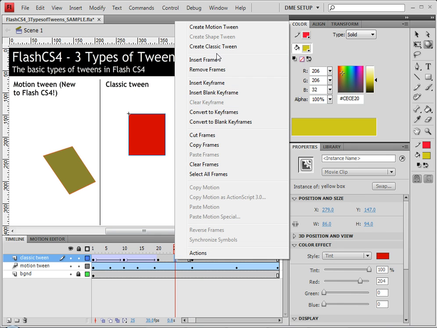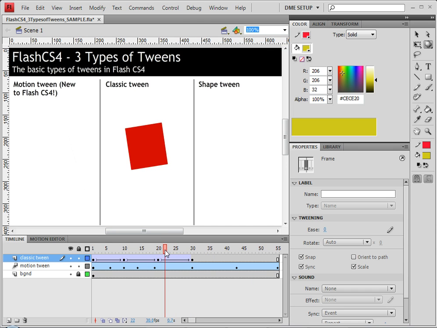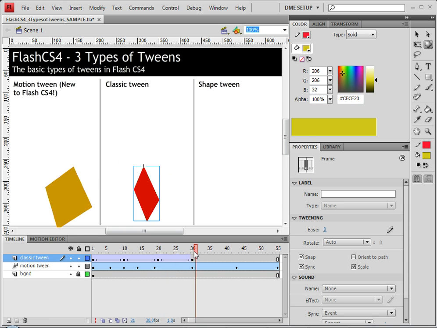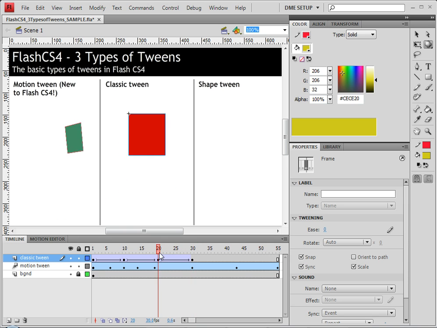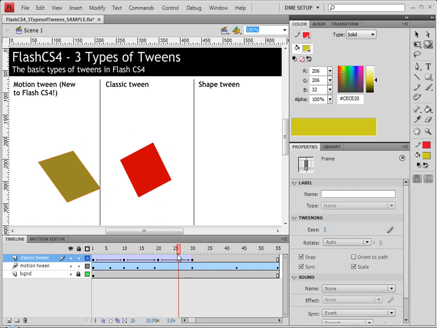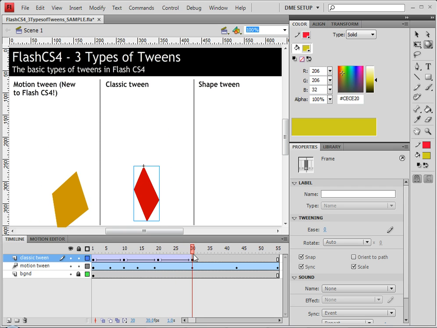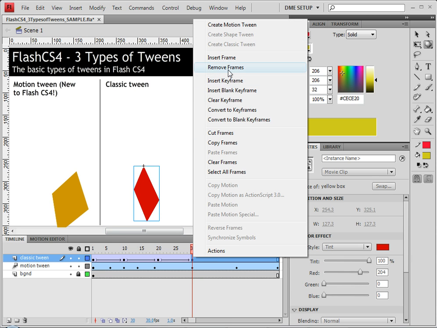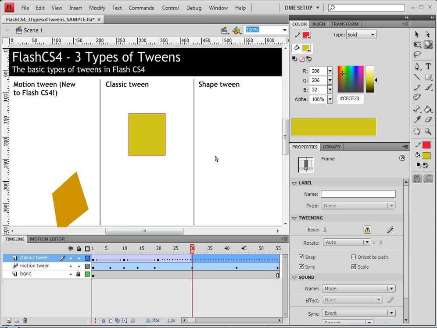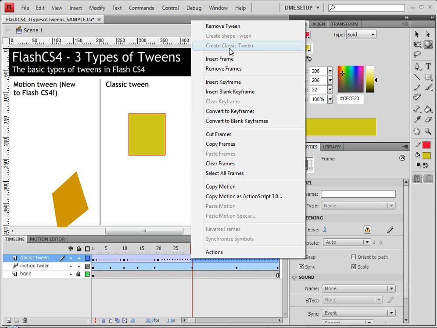Now I can insert a classic tween between them. And here's something very, very important. Notice that we did insert a three-dimensional change, but that three-dimensional change does not animate. So we might need to remove that keyframe, and I can do that with clear keyframe, and then I can insert a new keyframe,